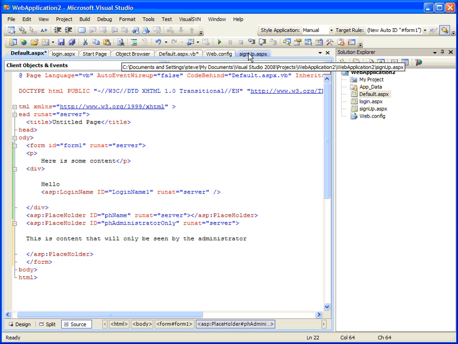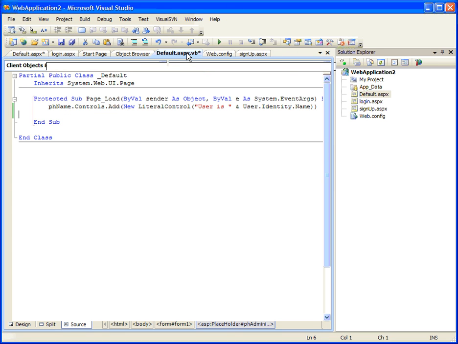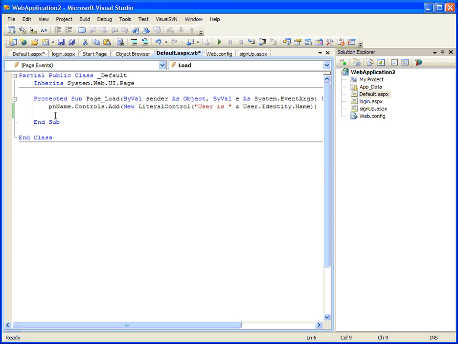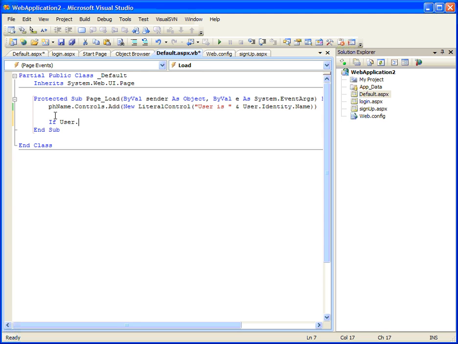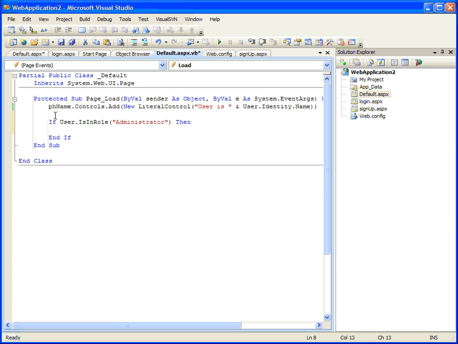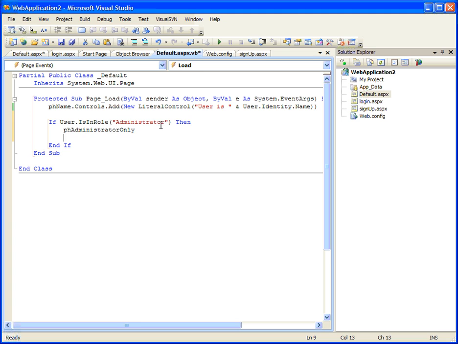Okay, and now if I put it into my code, what I'm going to do is, if the user is an ordinary user, I'm going to hide that placeholder. But if the user is an administrator, I'm going to show it. So what I can do is put: if user.IsInRole("administrator") then PHAdministratorOnly.Visible = true,